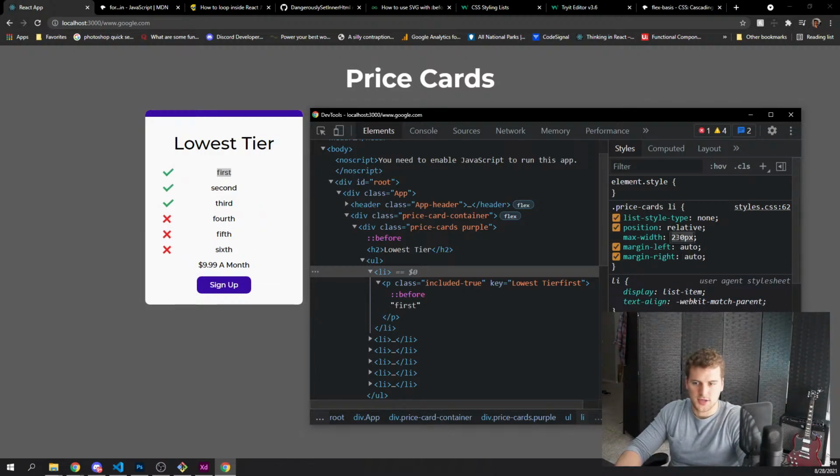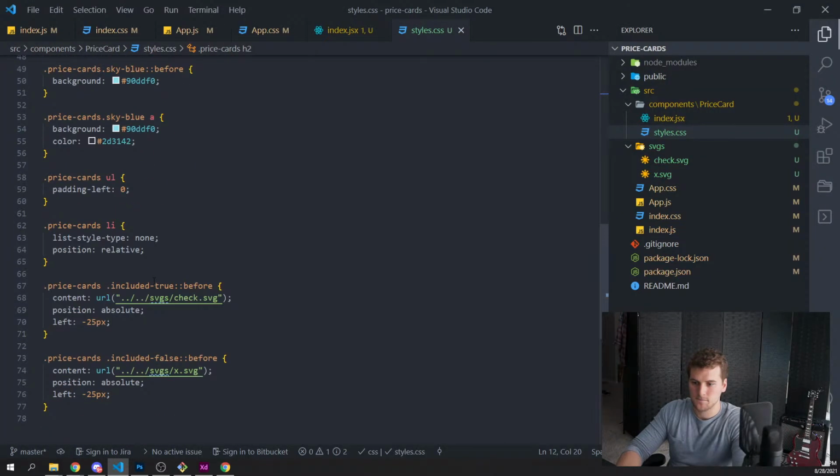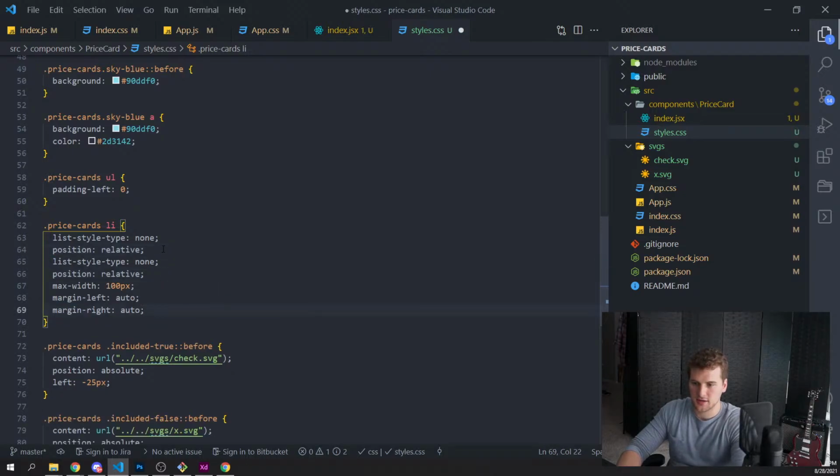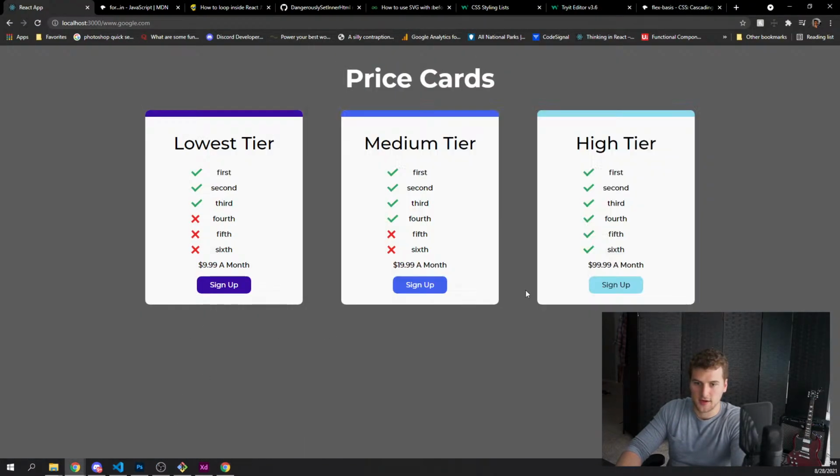And then we're gonna keep shrinking this because those are still too far away. So we'll say 100 because I like nice round numbers. And we'll just copy these, go to our price cards LI, stick that on there. We need to override those, sweet. And then we save. And now all our price cards have those showing up right there.